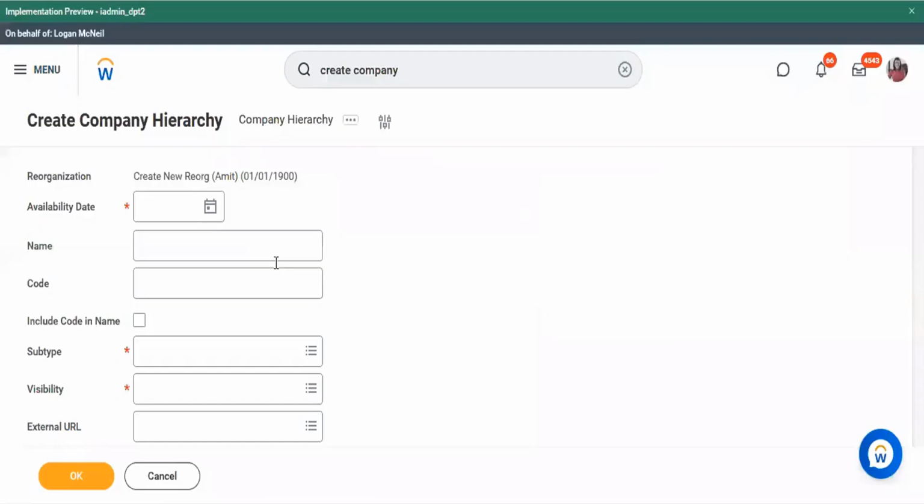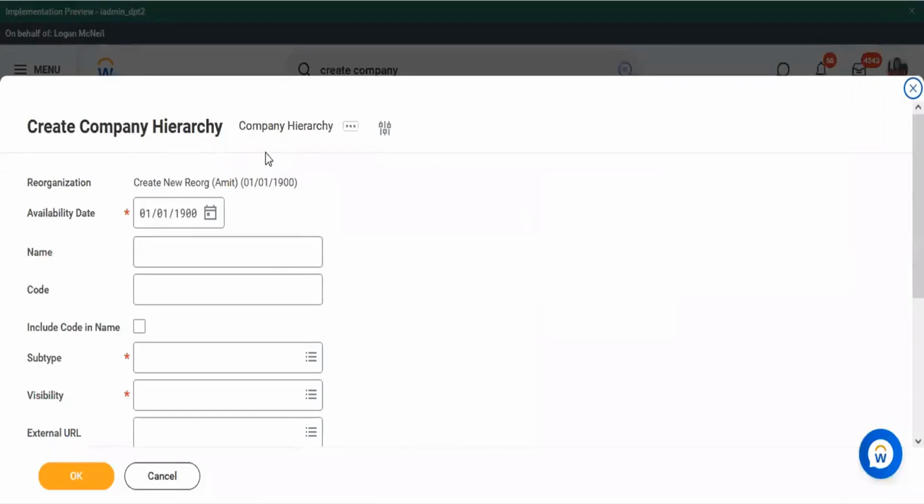Create company hierarchy is a simple task. I went through create company hierarchy. Given the company hierarchy name, the subtype is always